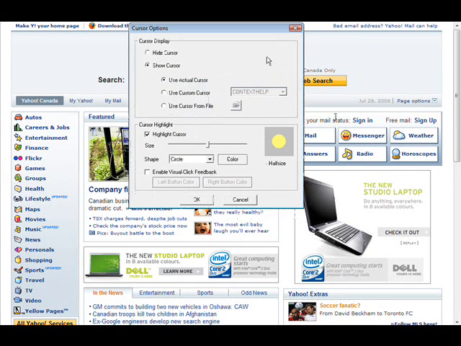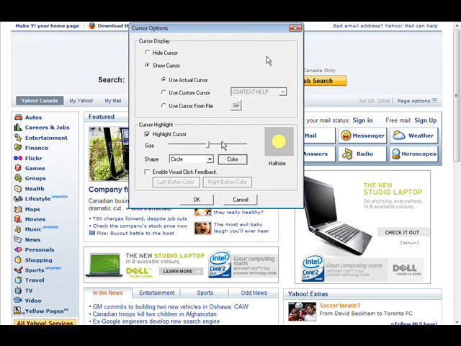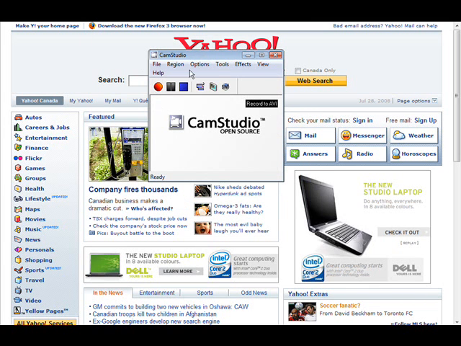Next, cursor options. In here you can either hide your cursor during your recording or show your cursor, you can set the size of the cursor, and you can set the style of your cursor over here. So you can give it a shape if you want, like so, and then it'll show up a little easier if you want to use this, and then of course you can set the color in here. If you don't want to use that, just turn off the highlight. Okay. And once we're done there,